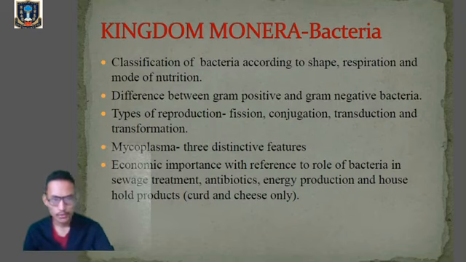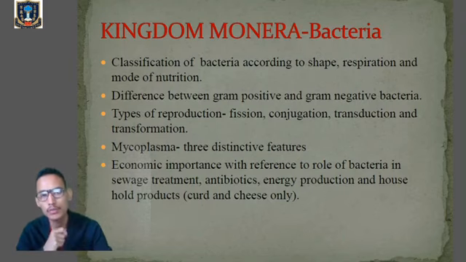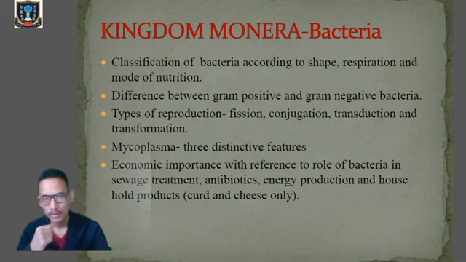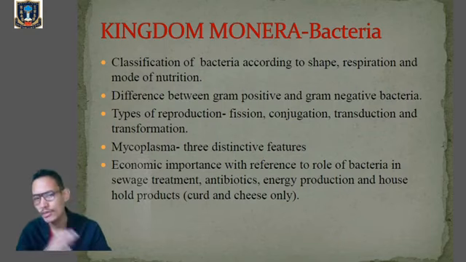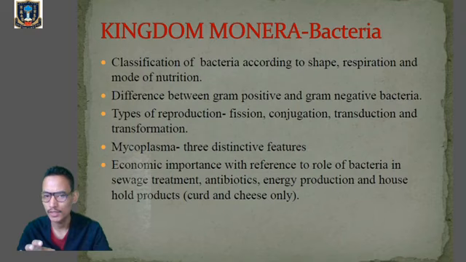Today we are going to learn about the classification of bacteria according to shape, according to the mode of respiration, according to the mode of nutrition. Then we learn about the difference between gram-positive and gram-negative bacteria, types of reproduction: fission, conjugation, transduction, and transformation. There is no need to go into detail. We'll just see the definition. Clear? Then we'll learn the three distinctive features of mycoplasma, and we'll learn the economic importance of bacteria, regarding